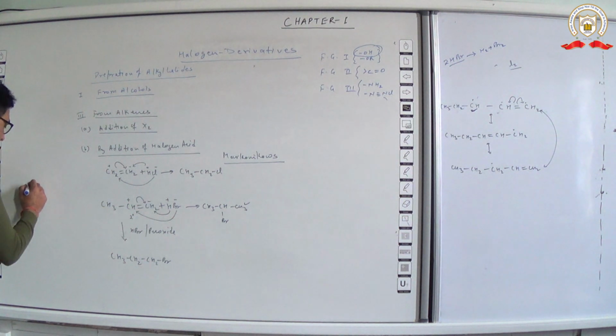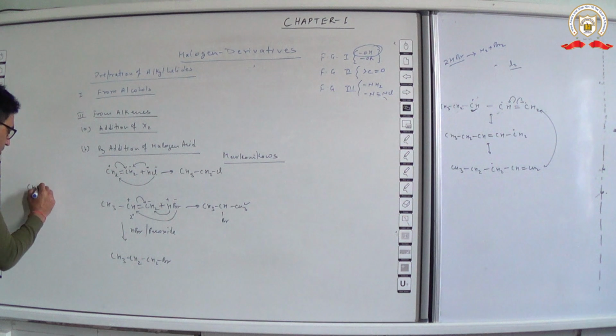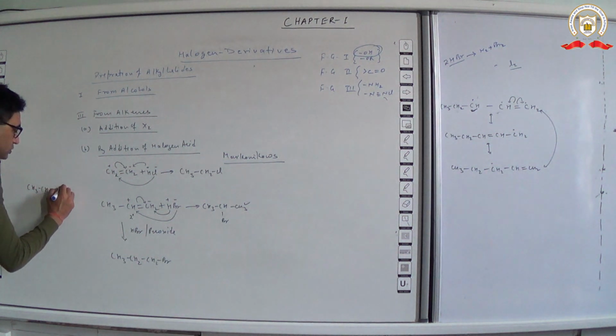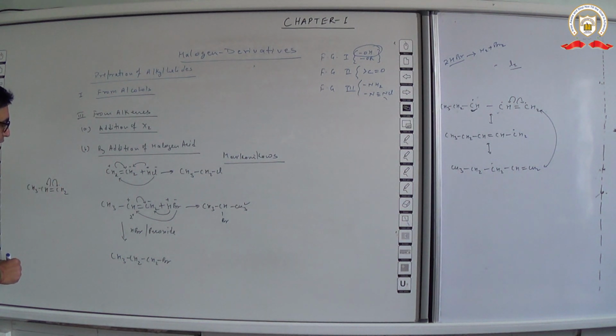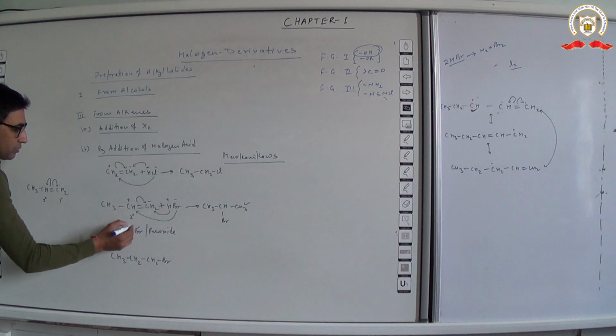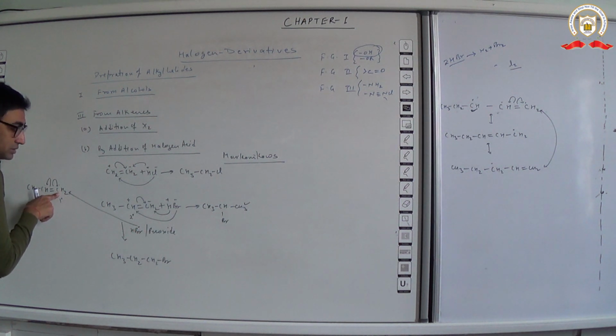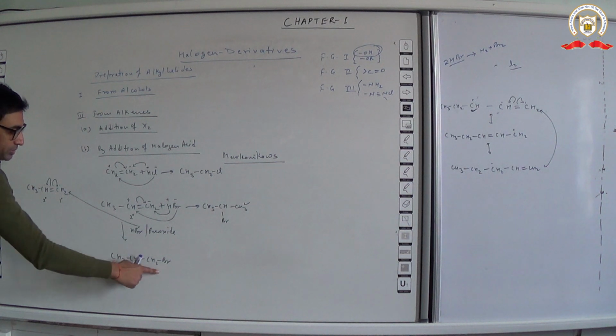Taking the same compound, CH3CH=CH2, one electron of the pi bond would have come here, another would have come here. We know that a 2-degree free radical is more stable and 1 degree is less stable. Less stable means more reactive. In that case, the Br free radical would have easily attacked this free radical, leading to the formation of